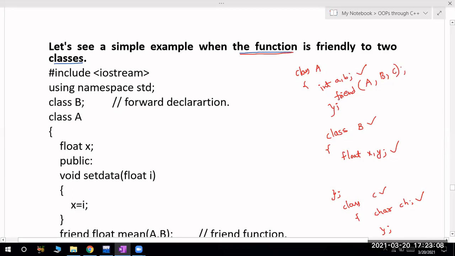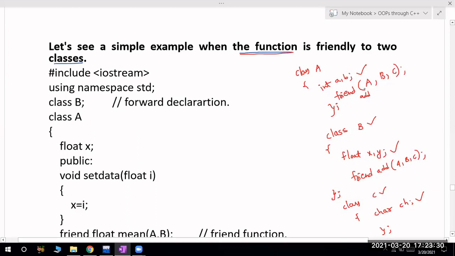But the only thing you have to do is, whatever function wants to access that particular data from two or more classes, you have to declare it in all the classes. Like add of a comma b comma c. This is the friend function which is taking three parameters.